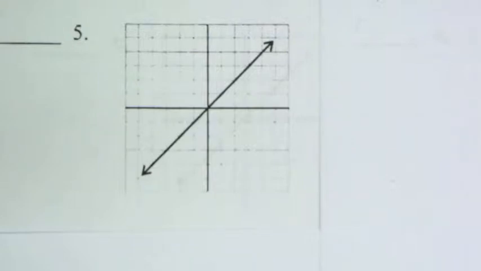Another way to tell if a relation is a function. Now, given a graph instead of the ordered pairs, we are able to try to determine if the graph of the ordered pairs is a function. All right, let's look at this right here. This is a graph right here